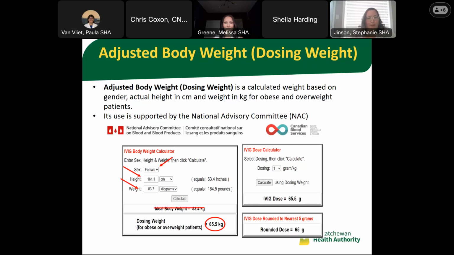The second part of this calculator is it will actually allow us to enter in the grams per kilogram we're hoping to order and give us a dose. So we always are rounding doses to the nearest 5 grams, up or down. This is because, again, we're trying to be appropriate stewards of the product. So if somebody was to order